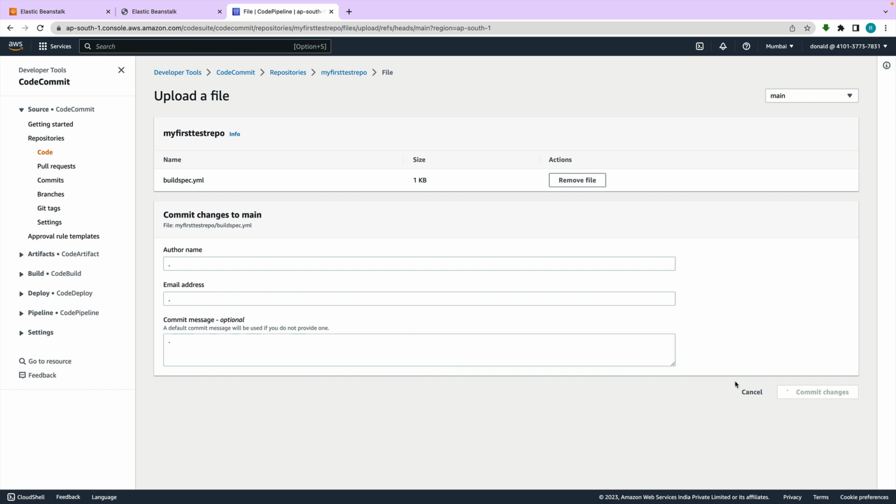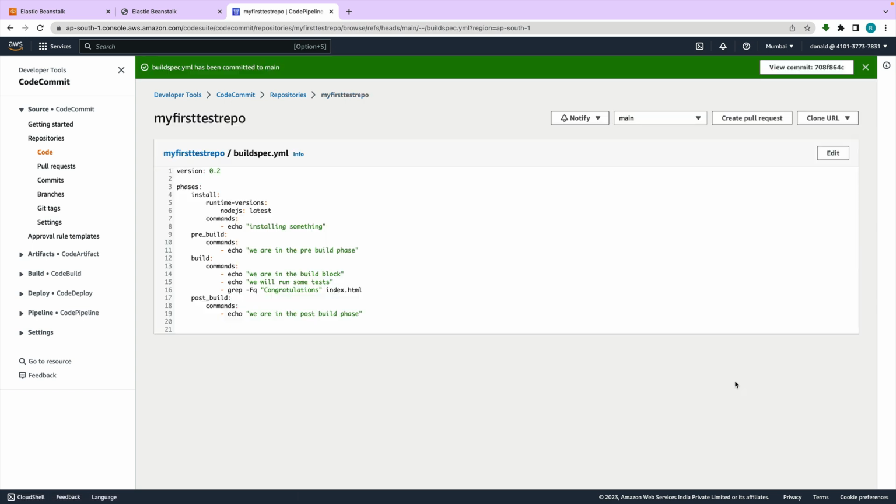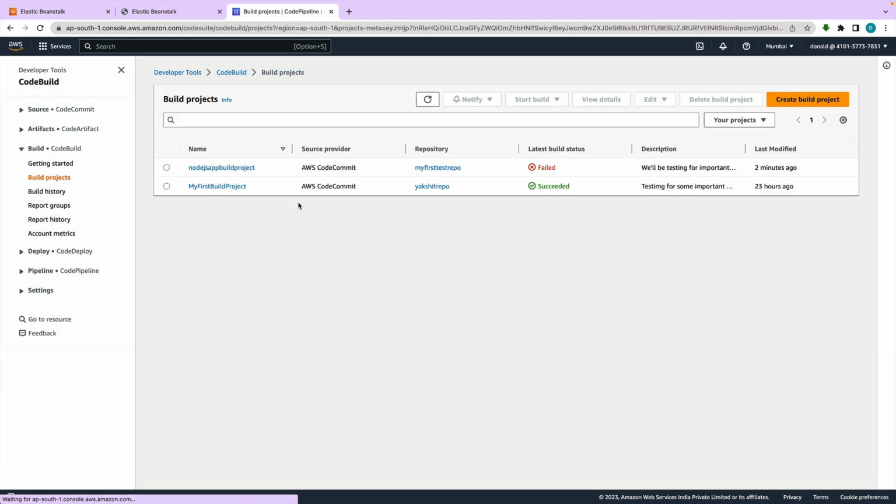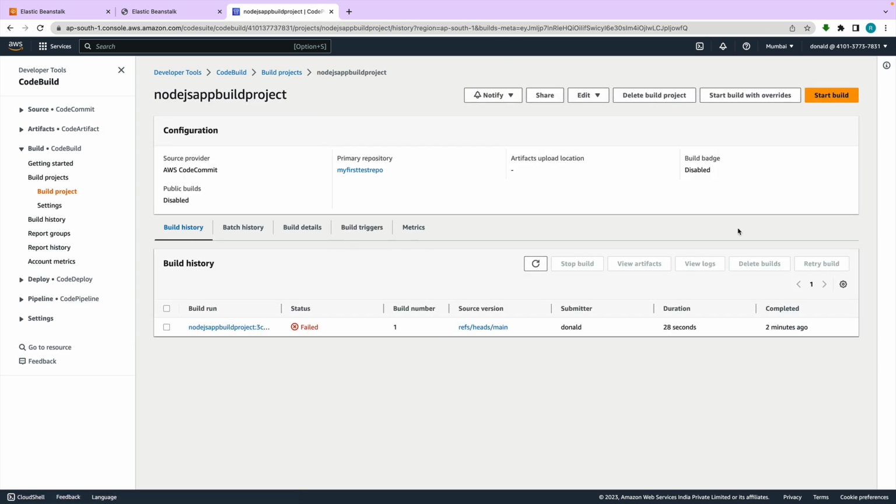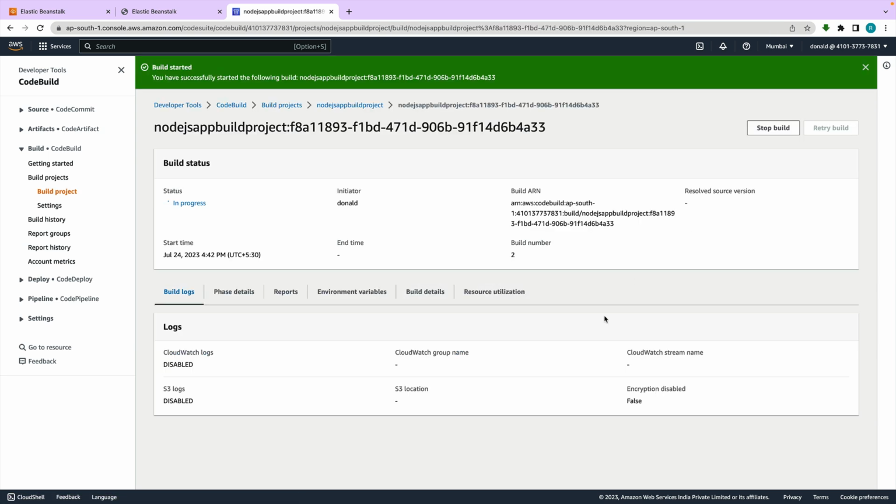I click on commit changes, and I've just uploaded this buildspec.yaml file, which consists of the running instructions, which my code build will now pick up and execute the process to test my code. I will go to the build project. Okay, so I click on that, and I click on start build one more time and wait